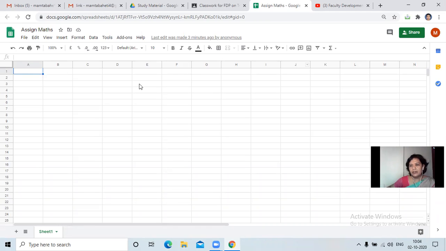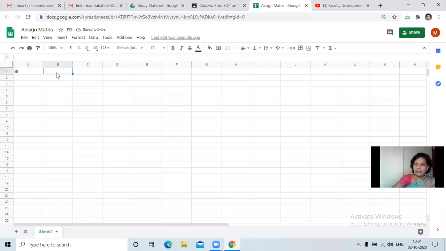Yes, you can work on subscript and superscript. I'll just show you. First, I'll work out the screen in front of me, and then I'll show you, sir. Okay.